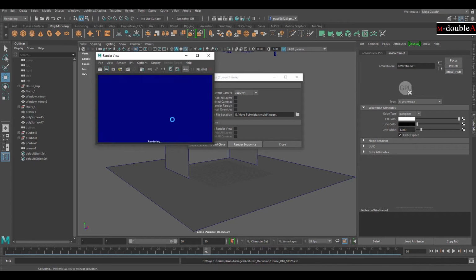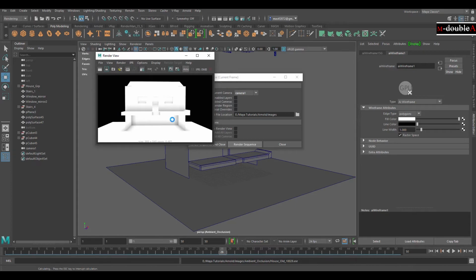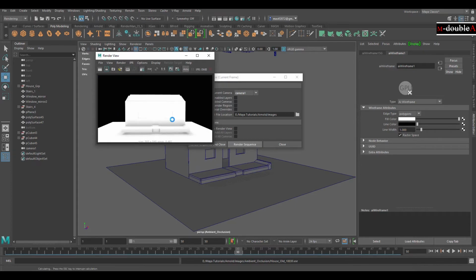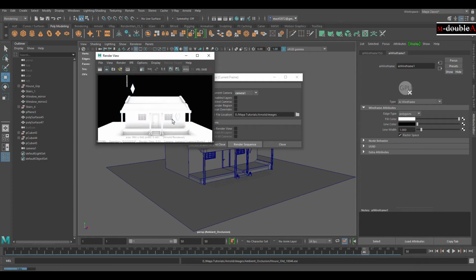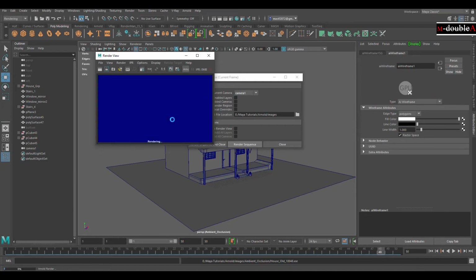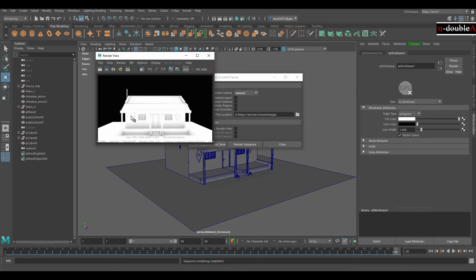Just use time lapse for speed. Yeah, now it is completed, everything is rendered.